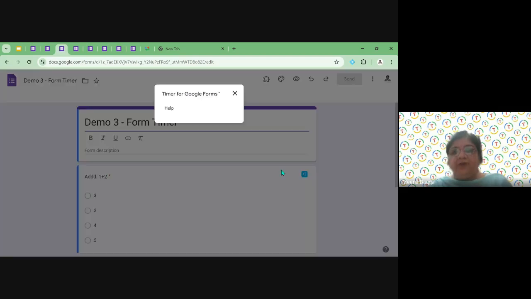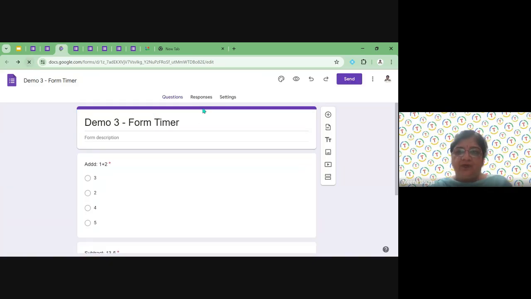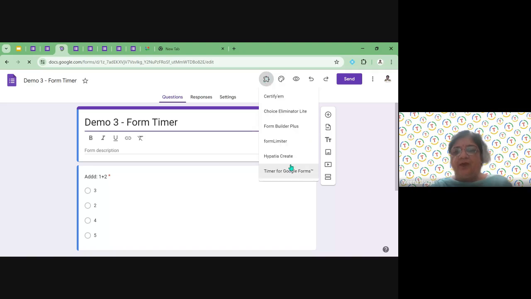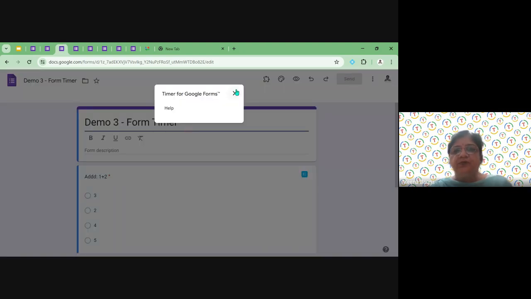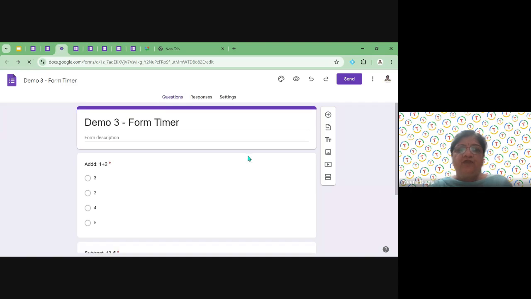Timer. Sometimes it happens that you cannot see the control, you just refresh. Timer for Google Forms. Again, it is not showing. You can all just write down the names of these add-ons. These are really very helpful for educators.